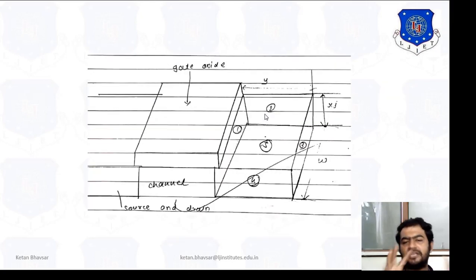Now you can see a 3D diagram. The channel is formed from the source to the drain region, and this is the gate oxide. Here is a specific region, 1, 2, 3, 4, 5. Xj is the junction depth, Y is the area for the channel, and W is the width of the substrate, related to the doping density. So we have different capacitance effects produced because of the 3D variation, and we have to take care of these regions when talking about a specific junction depth or junction region.